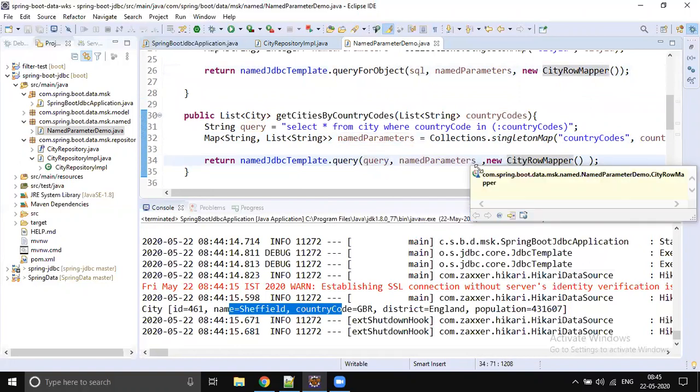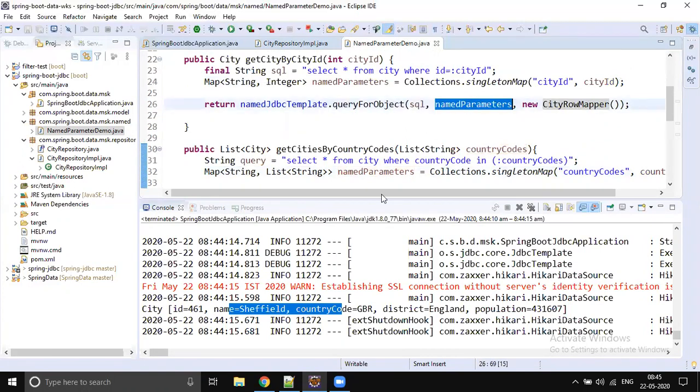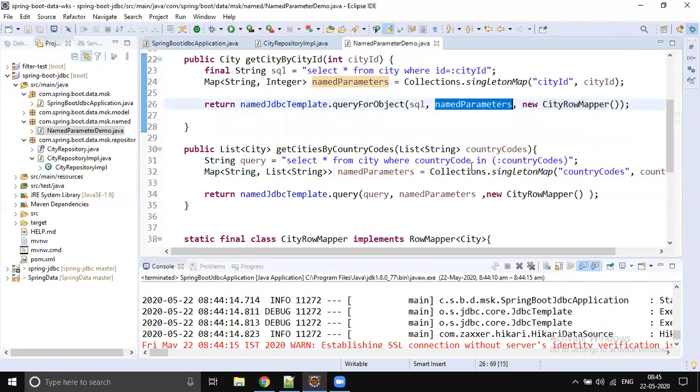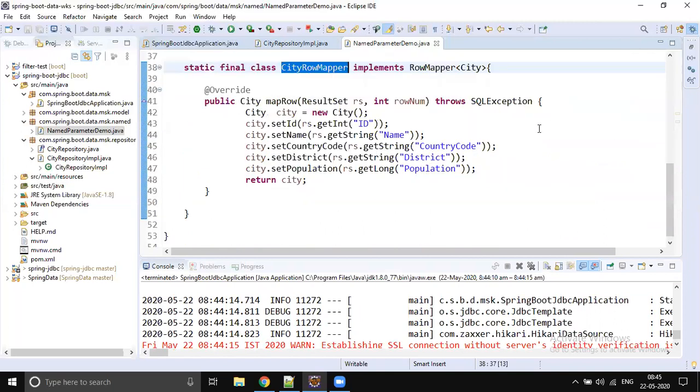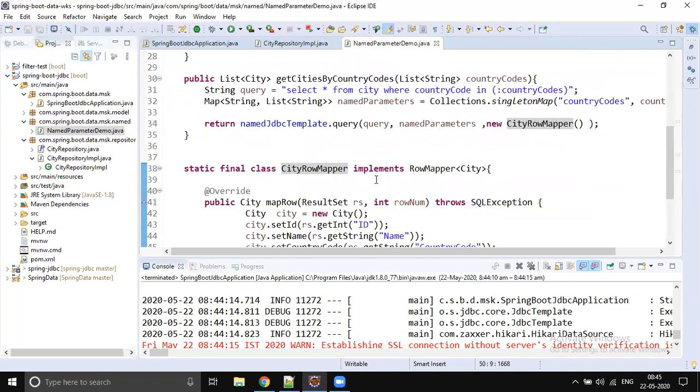You have to write a row mapper when you are fetching multiple rows. Instead of fetching one column, if you would like to fetch the complete row information, we have to write a row mapper. Here I copy pasted the row mapper from city repository to named parameter repository, and we will be using that.